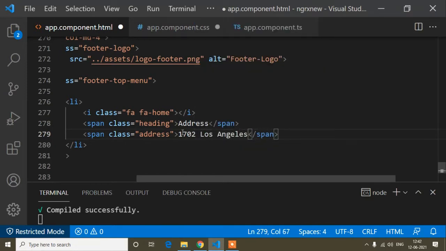So this is dummy content, you can write any content as per your choice.